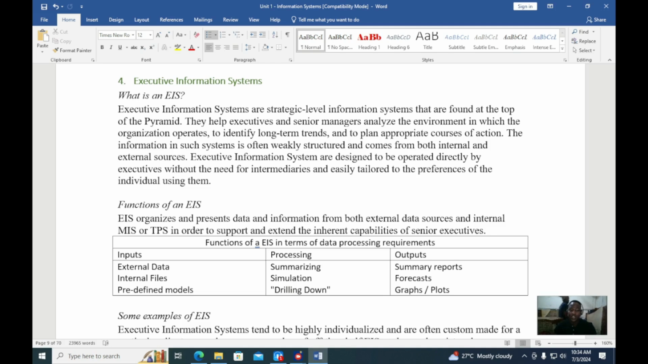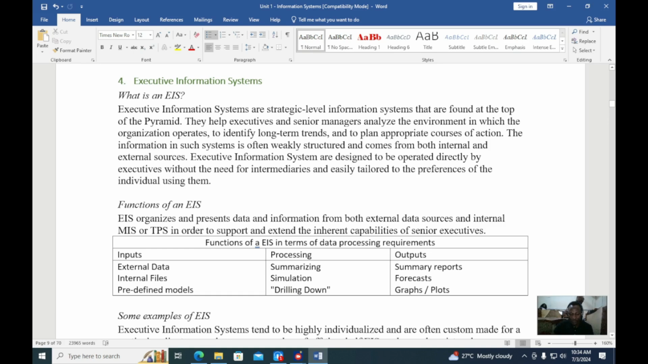So the information that we get from the executive information systems is most of the time structured weekly, and also it is from both the internal and the external sources of information. So they are designed to be operated directly by those executives. The executives should not need intermediaries for them to be able to operate those information systems. So the functions, of course,